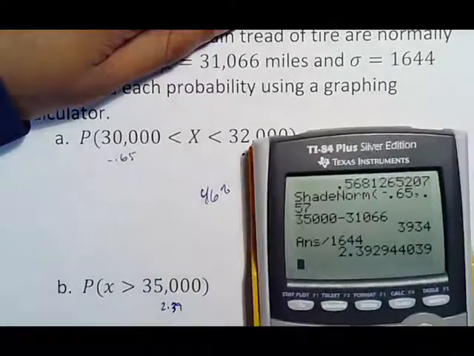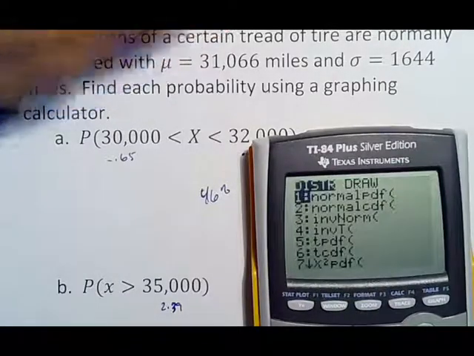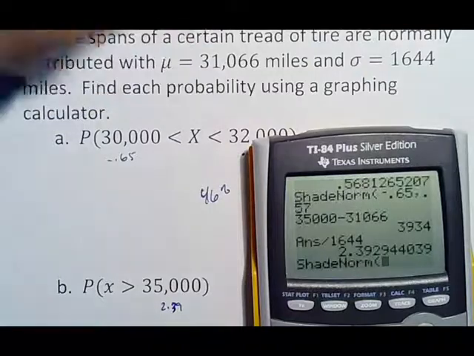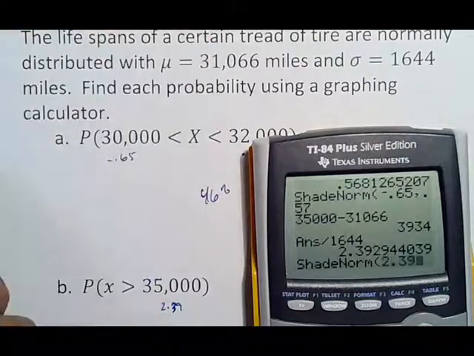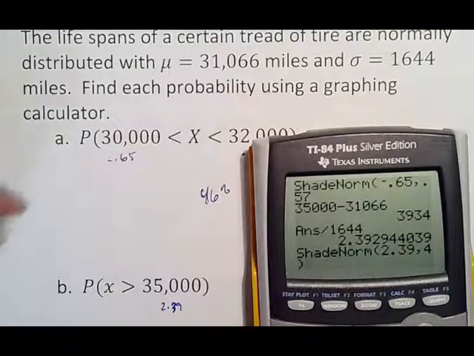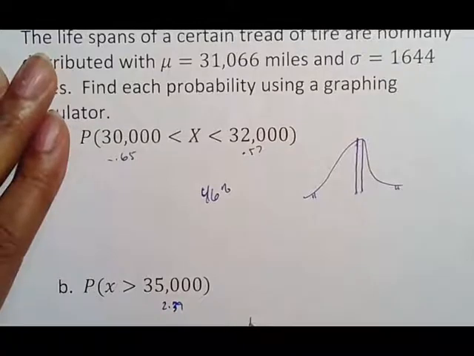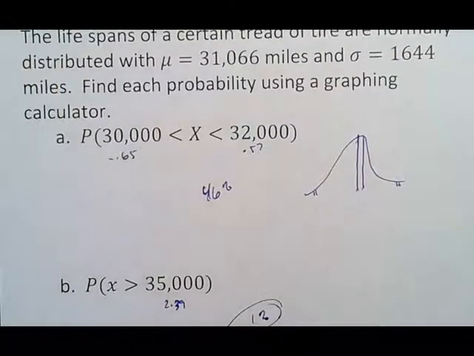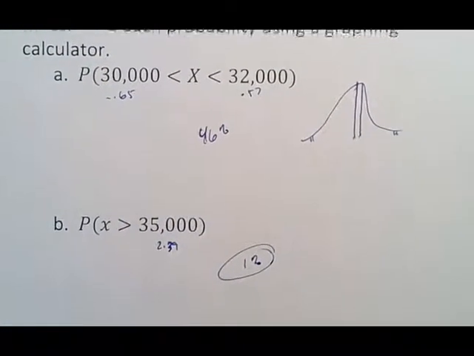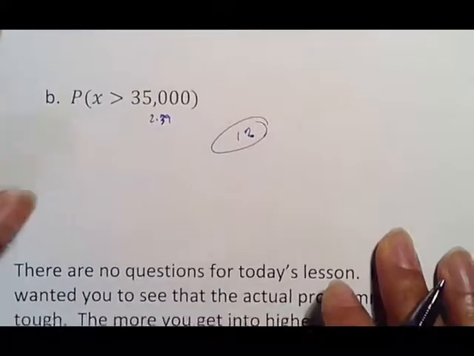And so again, what we want to do is second distribute, just following what the calculator or the book told us to do, and we want to go from 2.39. If you remember, if you're going greater than 35, that means you want to go as far as you can, so we can just use 4, because 4 standard deviations is pretty far away from there, and it covers most of what you need. And again, as it does it, there we go, it converts to 0.008, which is about a 1% chance. But again, our common sense and understanding of how the curve works told us that it should have been small.